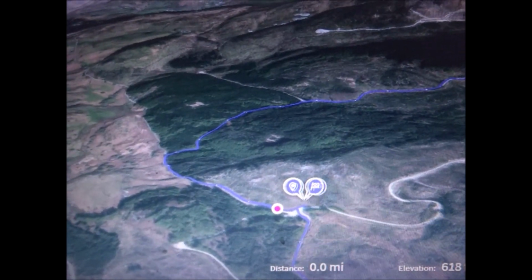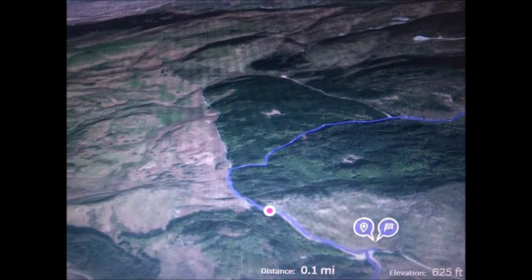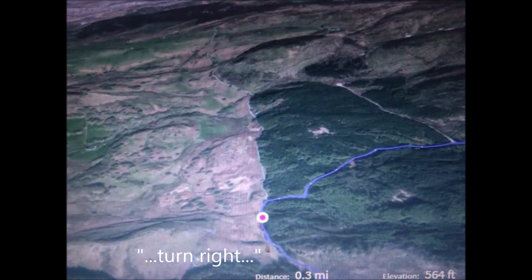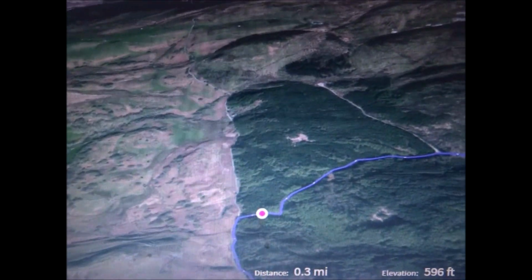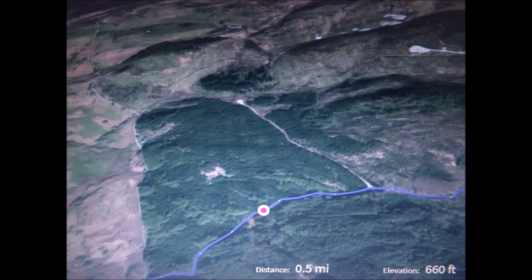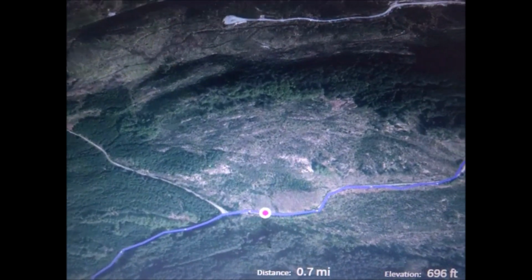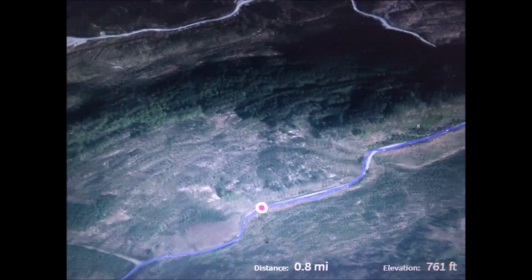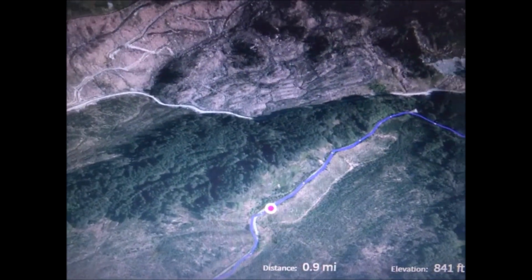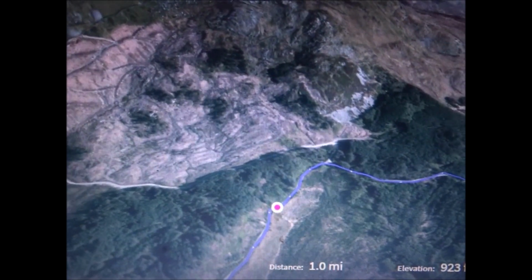I begin the walk along the quiet lane going towards the village, but after a third of a mile I turn left onto a forest track which leaves the lane and gradually ascends. Because of the logging, I have good views all around, especially overhead to the mountain of Moelwyn Bach. I continue gradually up, getting ever closer to Moelwyn Bach until I reach the high point of